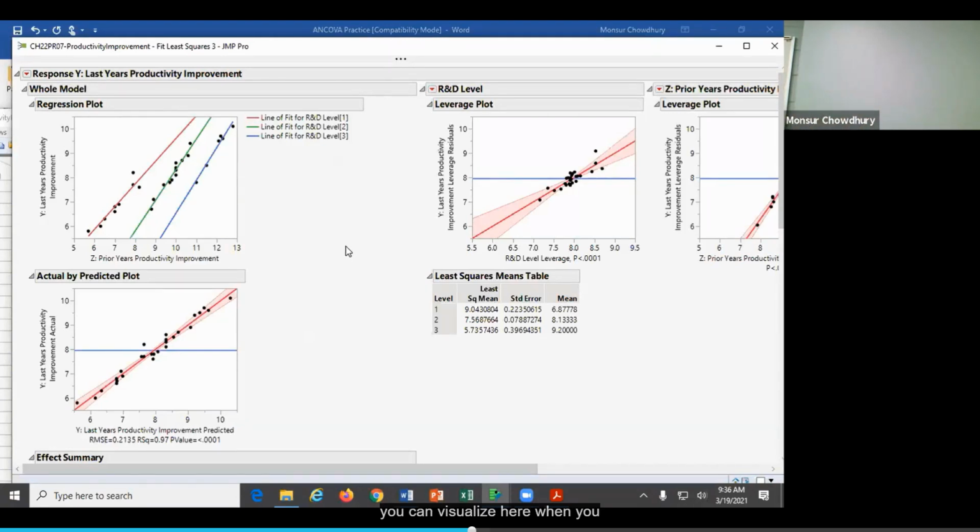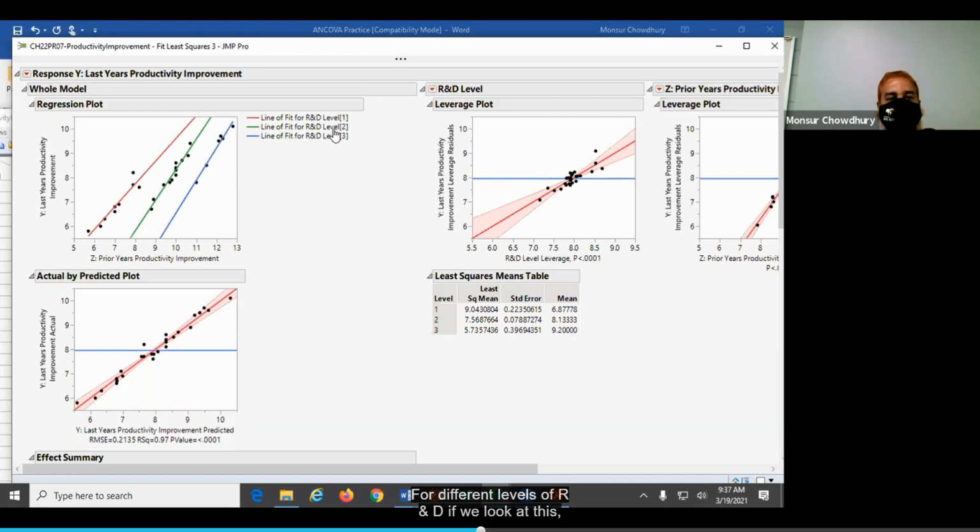You can visualize here when you fit this, because you fit the interactions. Do you see that the slopes are parallel to each other? No, they are not parallel. That means if we change the levels of the R&D, we can see that there is a change. So this implies that the homogeneity assumption of the ANCOVA is not met.